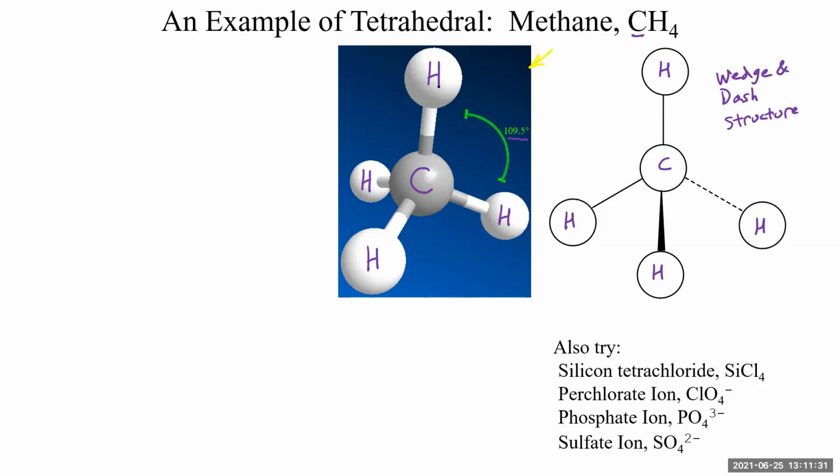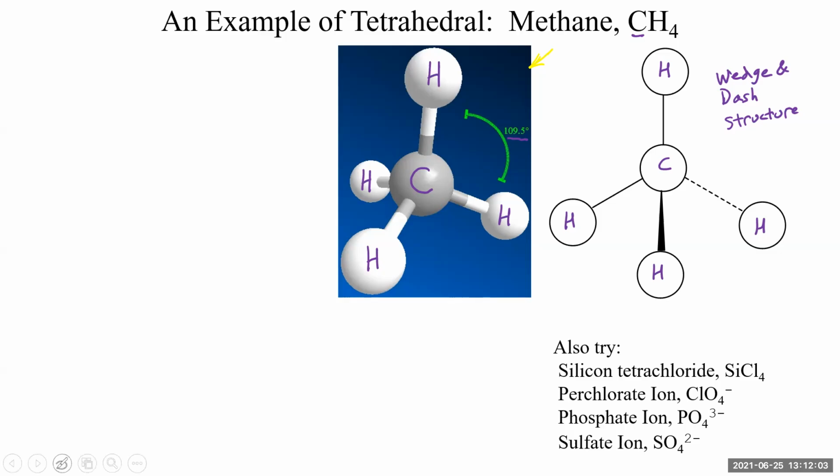The standard color for hydrogen is white. The standard color for oxygen is red. The standard color for nitrogen is blue. And the standard color for any halogen is, I believe, green. So halogen's green, carbon is black, oxygen's red, hydrogen's white, nitrogen is blue. And roses are red and violets are green. Anyway, so